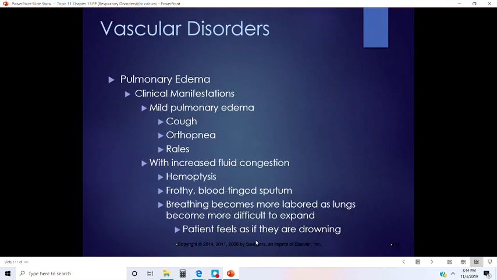So, what are some of the clinical manifestations of pulmonary edema? When it's mild, the patient will have a cough, orthopnea, meaning they'll have difficulty breathing when you lay them down. They feel better being upright, sleeping upright or sitting upright, that's for sure. And then you can hear the fluid in the lungs. It sounds as rales. Again, my example always is if you just take your hair and rub it in front of your ear, right? That kind of sound there,